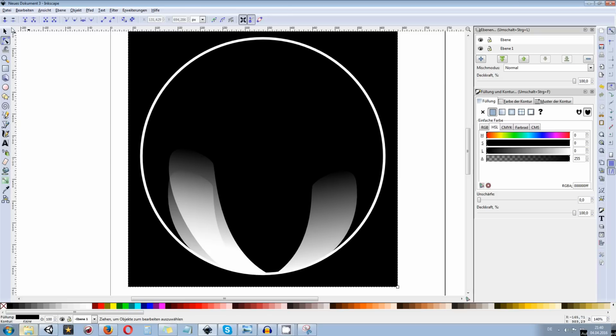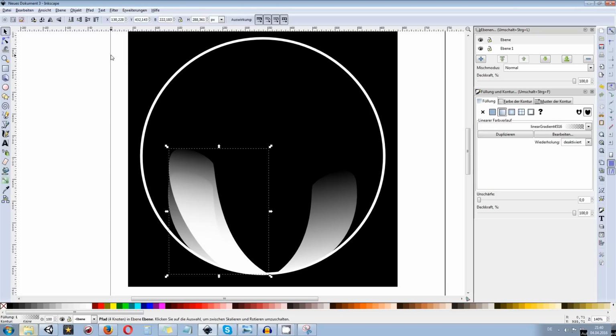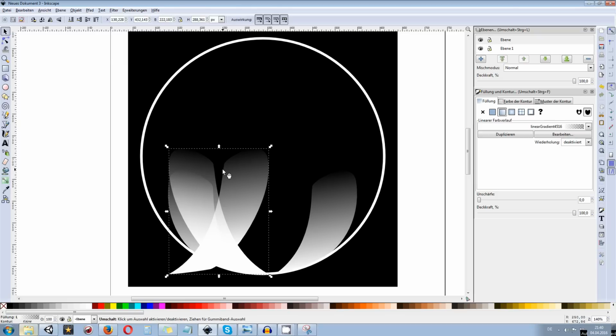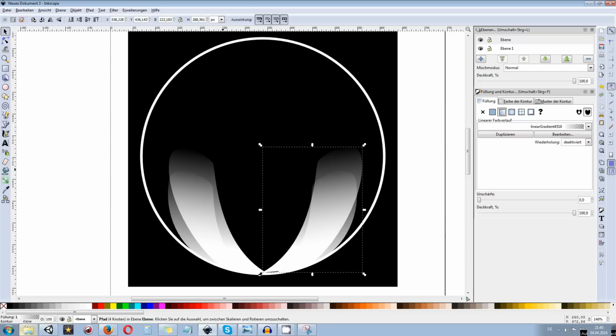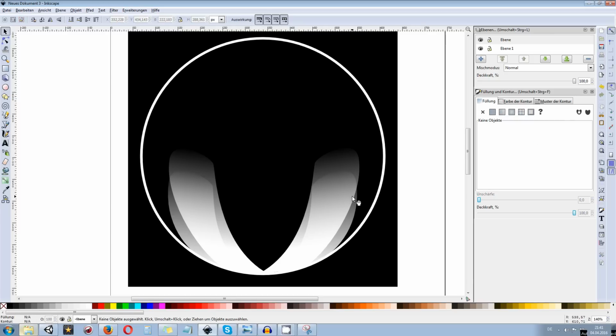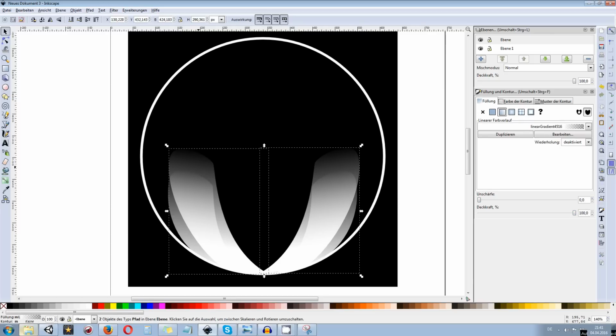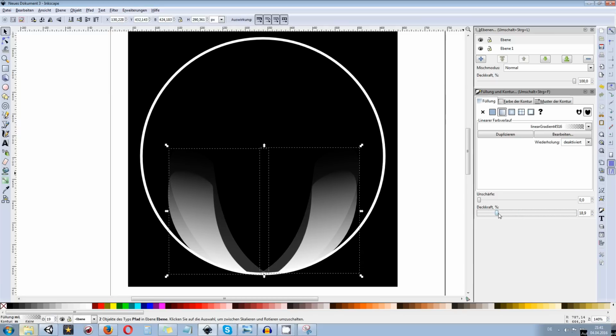And yeah, the next thing is we go over and duplicate this one once again, make a horizontal flip of that, and again try to arrange that to the corresponding position or to the one you like. And what we're going to do right now with those two in the background is decrease the visibility. So we go over to maybe 20% of opacity. And of course we want to make them blurry.